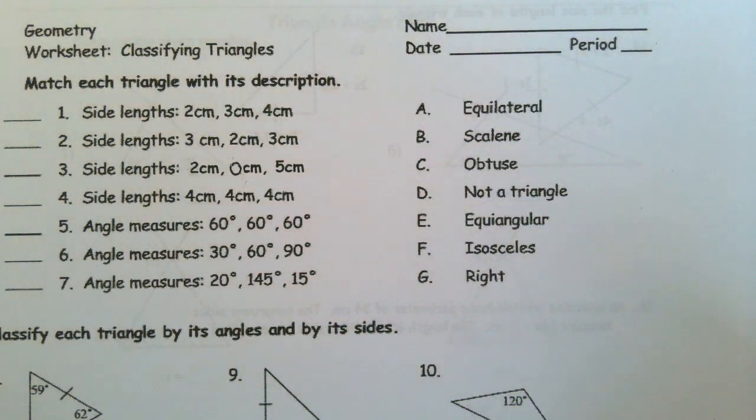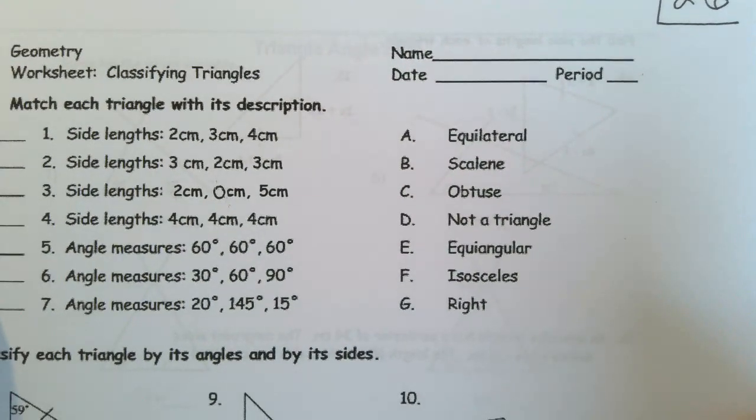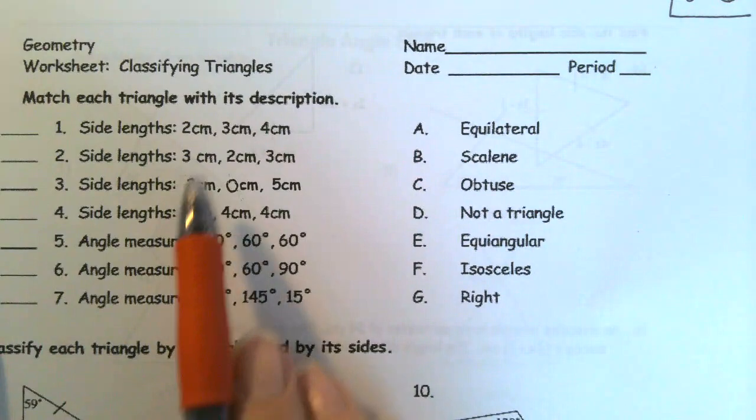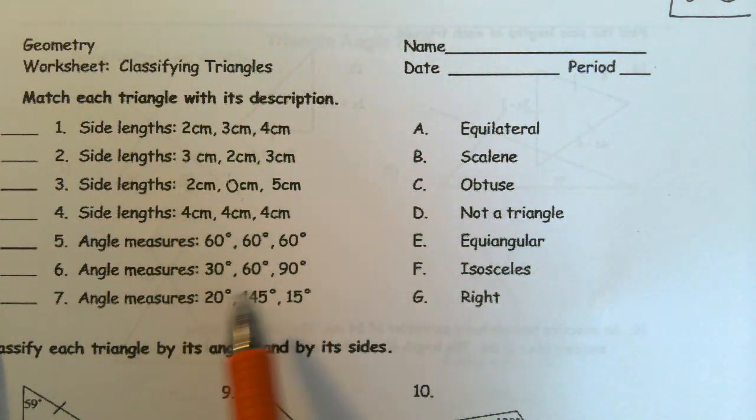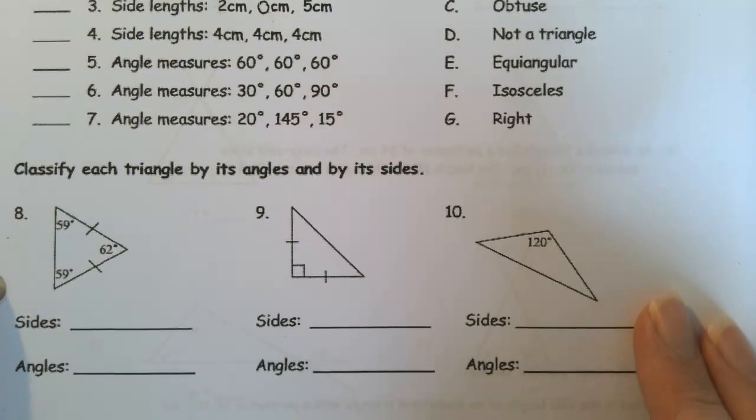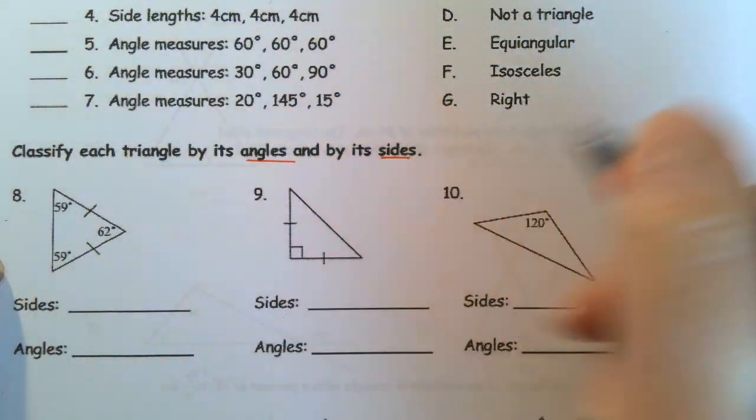Hey everyone, we're doing some worksheet prep for worksheet 26 with classifying triangles. So the front right here is straightforward as to side length names and angle measure names. Down here, I want to remind you that you're classifying each triangle by angles and by sides, and those names